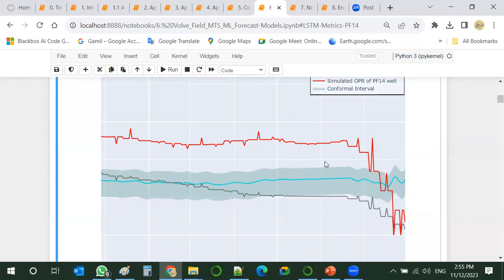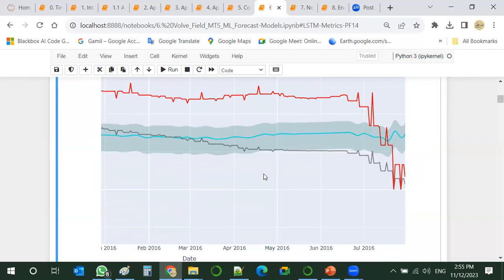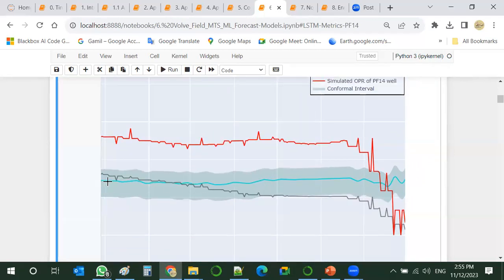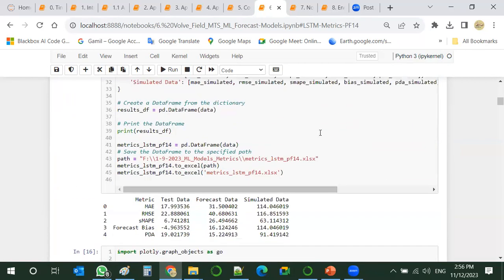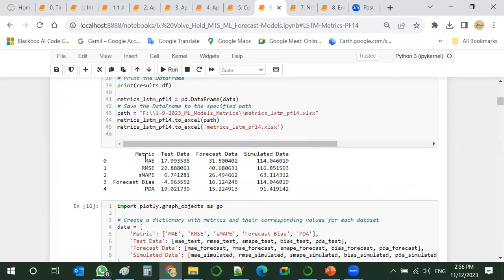So simply, this method has outperformed the simulation result, with uncertainty quantification over here. And these are the metrics between the forecast data, test data, and the simulated data.